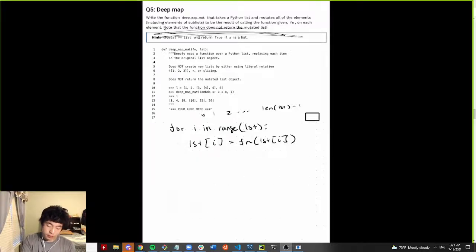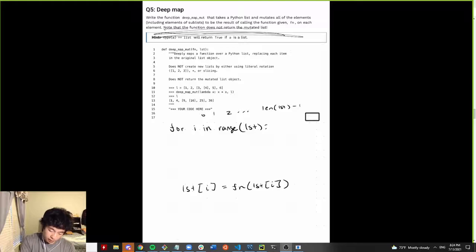But we need to split it into two cases. One if it's a list, one if it's not a list. And so we're going to use the type function. And I believe it's going to be type of lst is equal to list. I think that's the right notation for it. And we're going to put that in an if statement. So we're going to check if that element of the list is a list. So if type of the ith element of lst is a list,